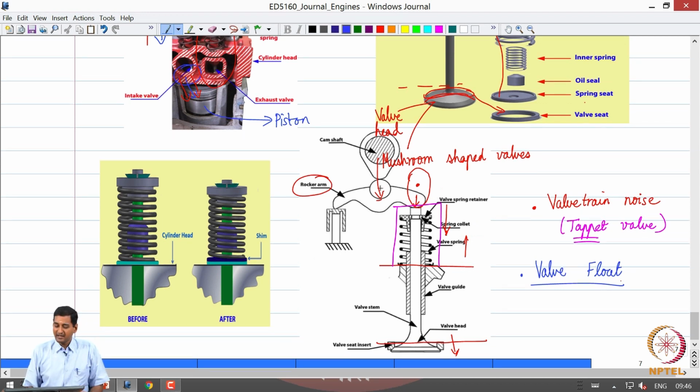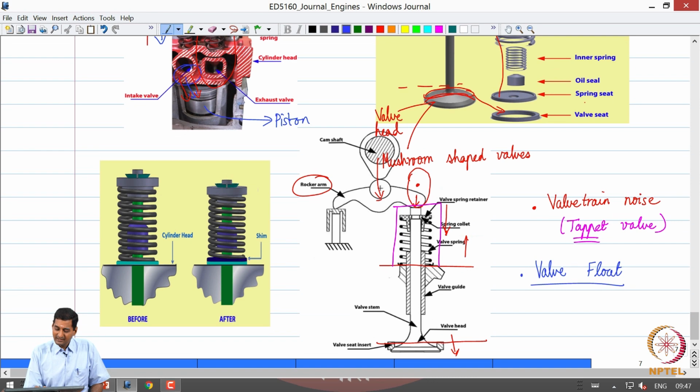What people have done is that you can never eliminate valve float in the spring return valves, because that is how they work, right, it is inherent to them. So what people have done is that they have increased the stiffness of the spring. Okay. People can either use high stiffness springs, you replace springs when they become soft with operation, you can increase the preloads, as you can see in this before and after curve, right.